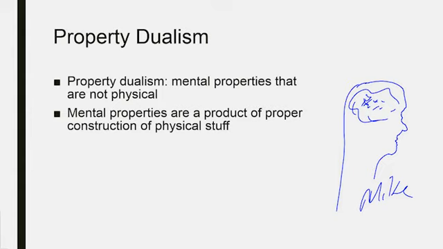It is the fact that Mike's brain has all of those different parts, all of those brain cells, and they're put together in the right sort of way that allows for certain activities in the brain to give rise,